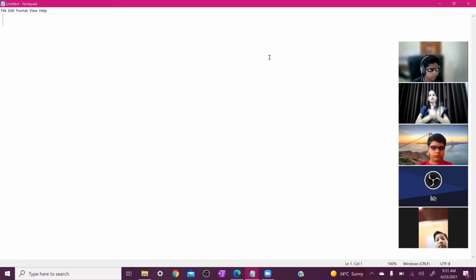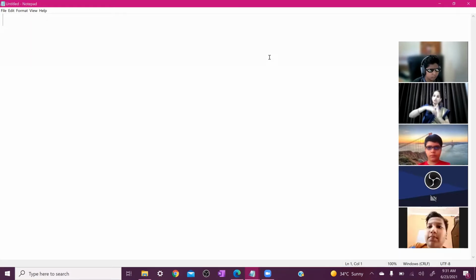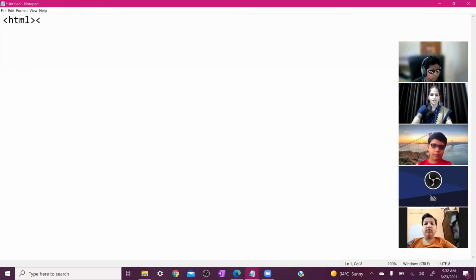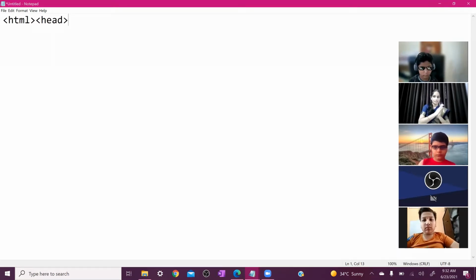What do you mean by the marquee tag here? Marquee tag means scrolling of your text on the screen. So how we scroll it, we learn here first. So you can write down here same as yesterday's class. You can write down first HTML, then you can write down here head. But today we don't use the CSS, we only use the HTML. In yesterday's class we use HTML and CSS both, but here we use only HTML.